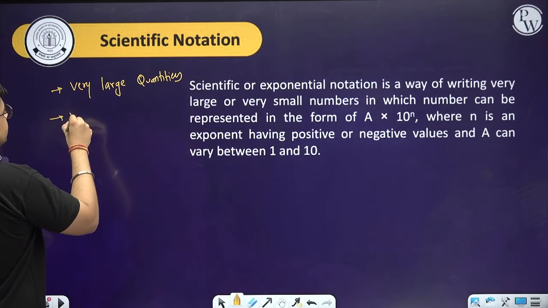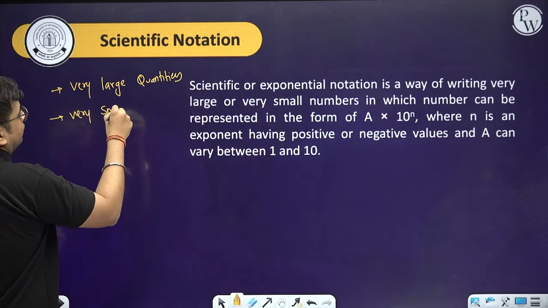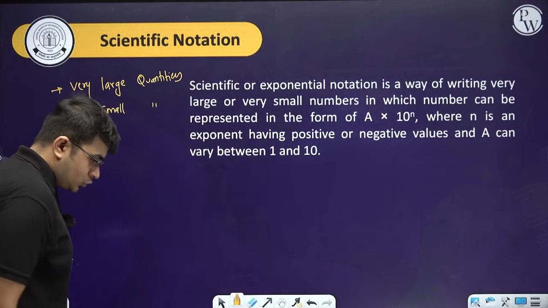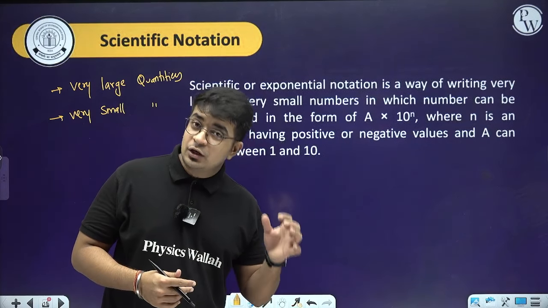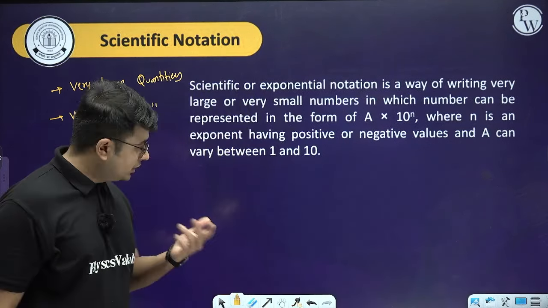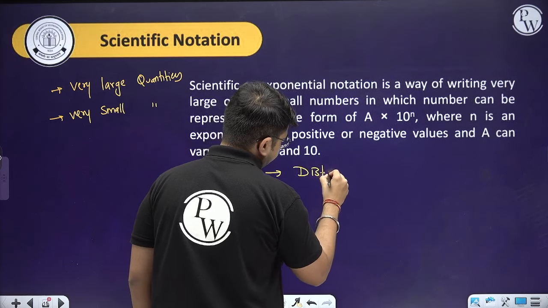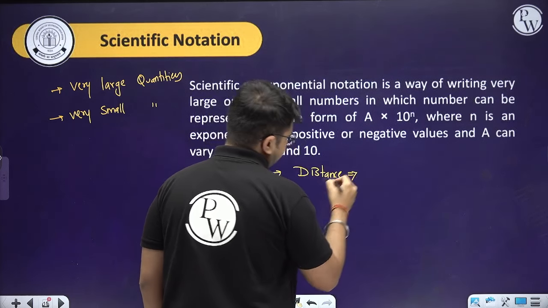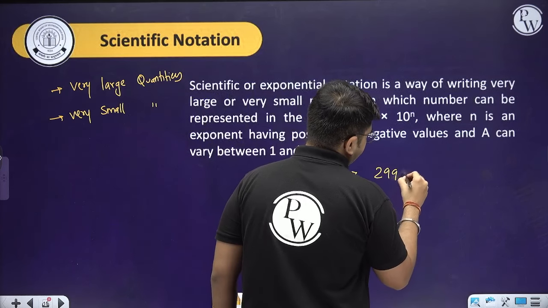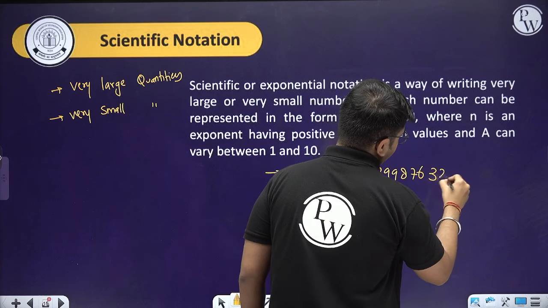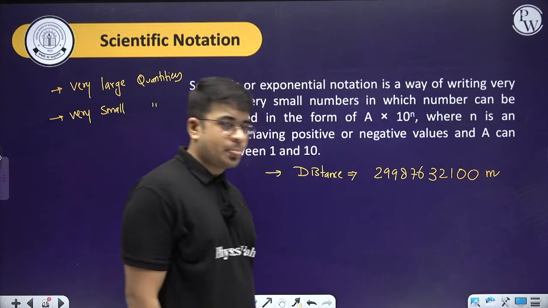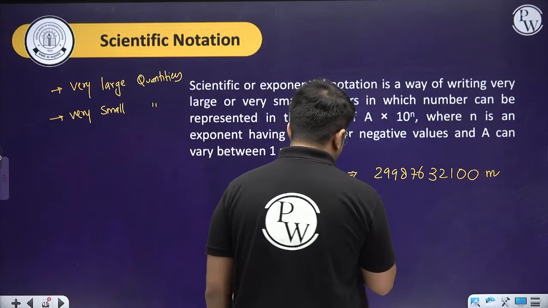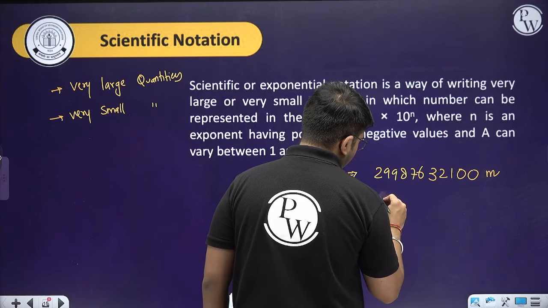Definitely we are going to discuss very small quantities. Every time I am doing a calculation, it's not feasible for me to write down the entire number. So let's say I am talking about a distance, which is 299,876,321,00 meters, and I am adding one more distance which is